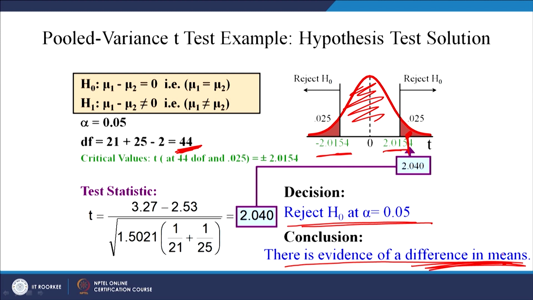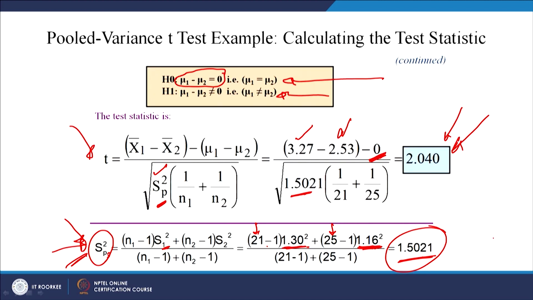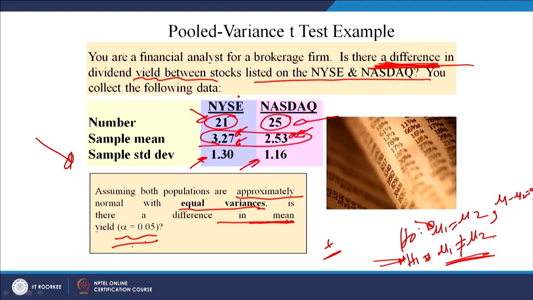So, which has got the higher mean? Where would you invest after looking at this result? You would like to invest in that share market where the mean is higher, which is the New York Stock Exchange. So, you would like to invest in New York Stock Exchange. This is just an example of two-sample hypothesis testing. In the next class, we will work out a couple more examples and then we will use Minitab software to work out examples. Thank you very much.